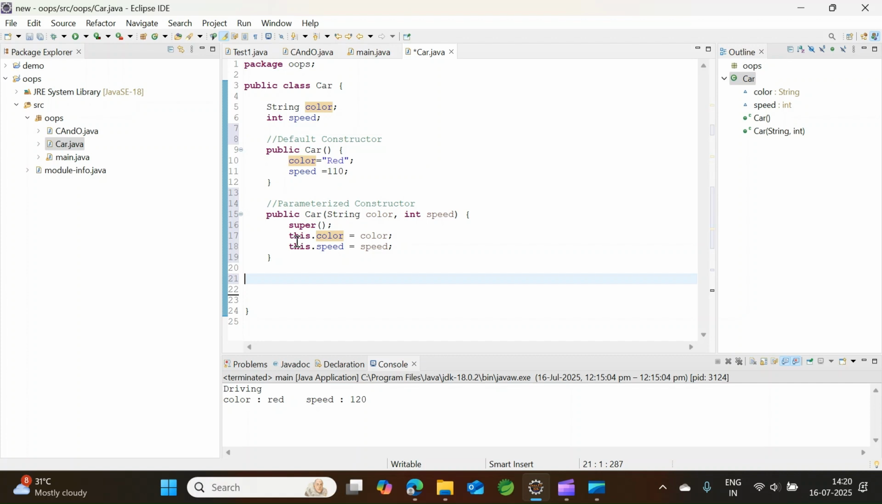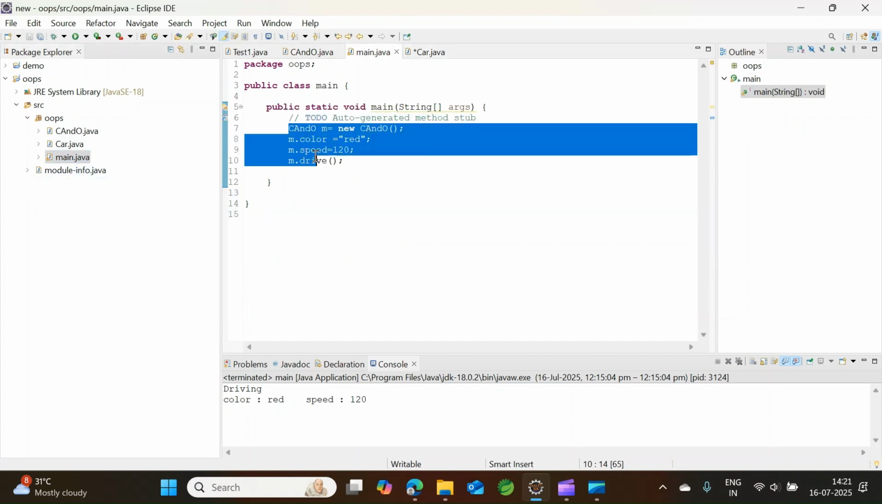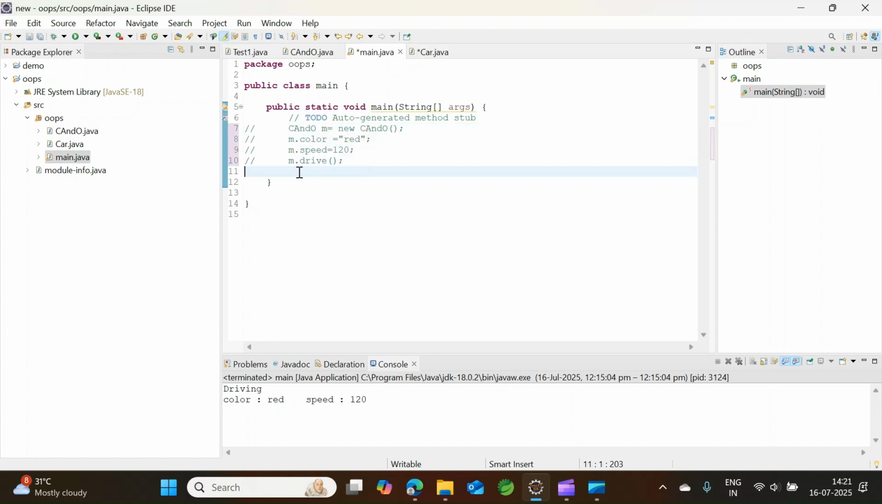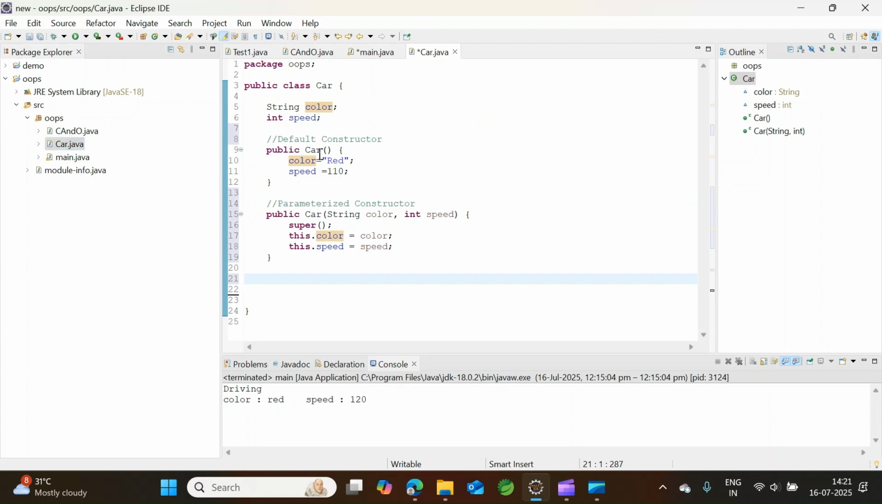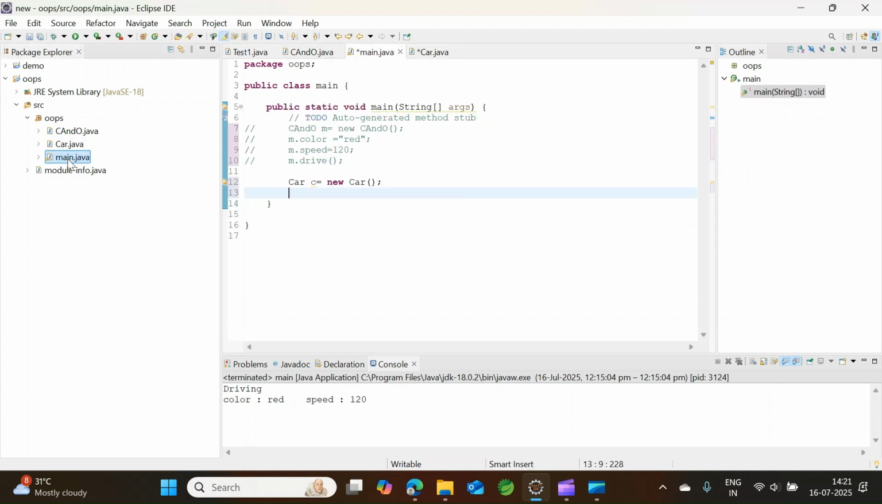So let me call this in the main. How to call this, how to create an object? Let me comment this. Double slash is used for commenting in Java. Now I want to call this. How to create an object: class name, variable is equal to new class name. Done. Now there are two constructors in that, Car without parameters and Car with parameters. So c dot,